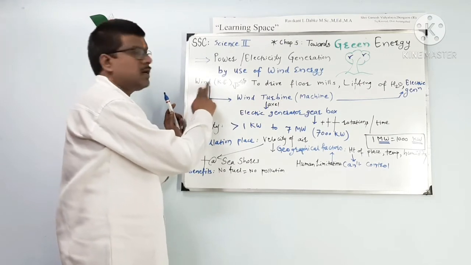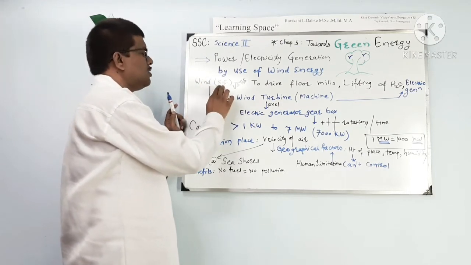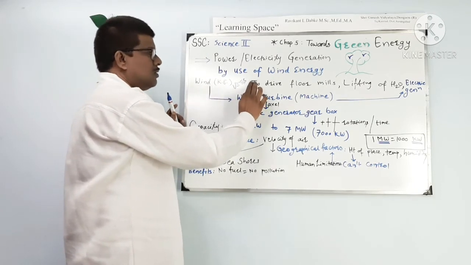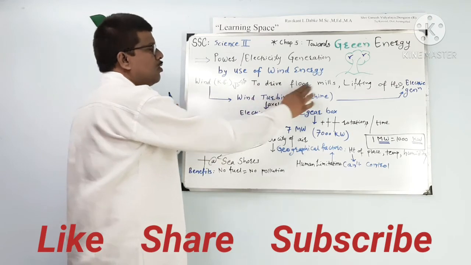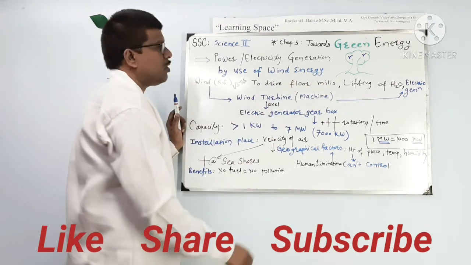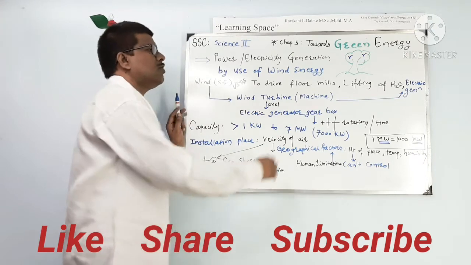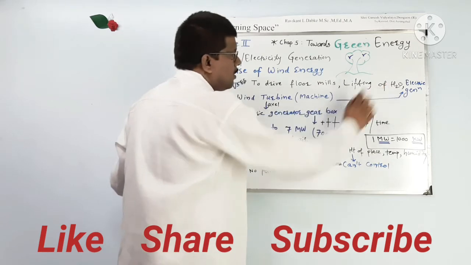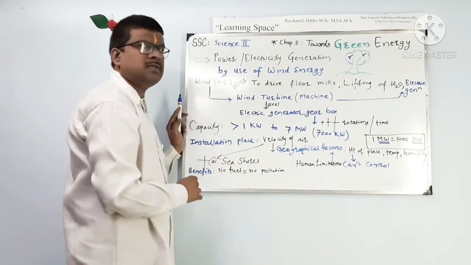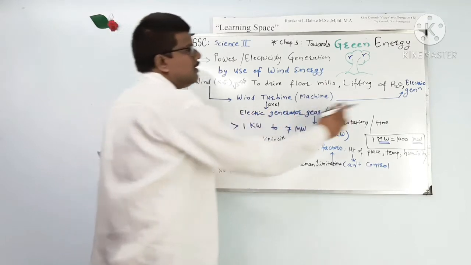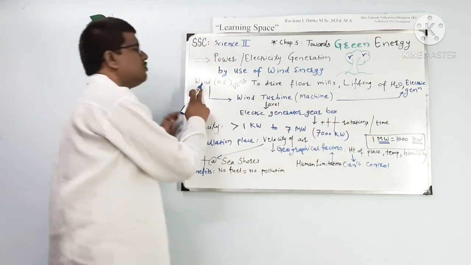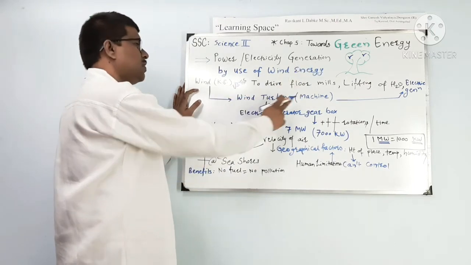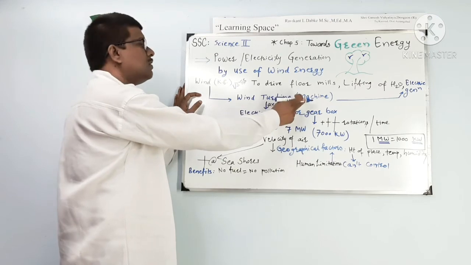Wind is nothing but kinetic energy. What are the uses of this wind? In scientific words we can say mankind has driven flour mills from ancient times, when there were no electrically run flour mills. Lifting of water is also a use of kinetic energy, and nowadays in the modern age electricity generation is obtained from wind energy. How this wind is converted into electrical energy is done by a machine. That machine is nothing but a wind turbine.